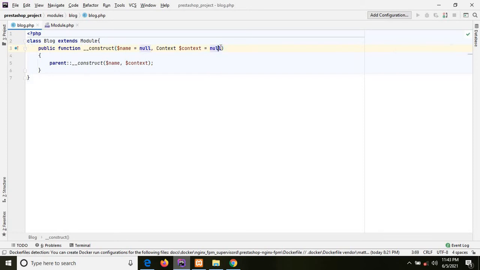There is no argument under the construct, so I'm just keeping it empty. Under the construct method we need to write our module name, module author name, and version. So we need to specify that.